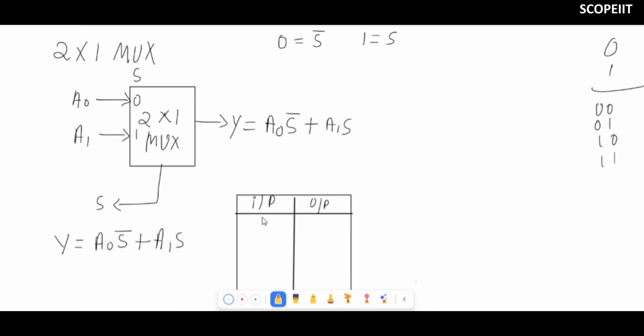So here we'll write first of all signal, and your output is nothing but Y. Signal, what do we have? Only 0 or 1. Similarly output: 0 we have connected with which one? A0, right? So that's why we'll write here A0. And 1 we have connected with A1. So here in this truth table we will write A. So this is your truth table for 2 cross 1 multiplexer.